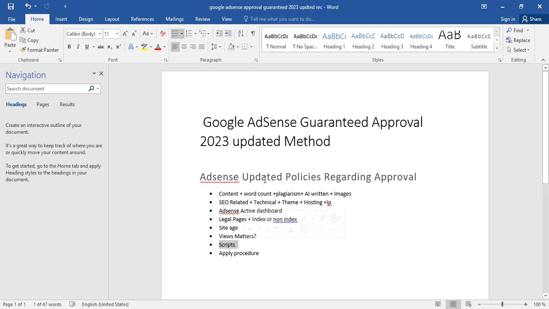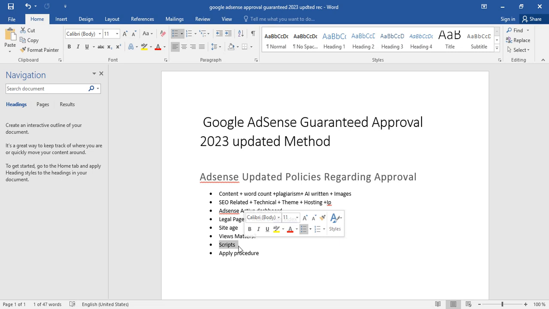Nowadays, I'm noticing in Facebook groups, on YouTube, and on other online platforms, even people are asking me to please give me an AdSense approval script, and please give me this, and people are even selling it and others are buying it. Just think, if someone had a magic way of getting Google AdSense approval, why would they sell it to you? Why don't they approve their sites and sell those to you? People are buying AdSense approved sites very expensively.